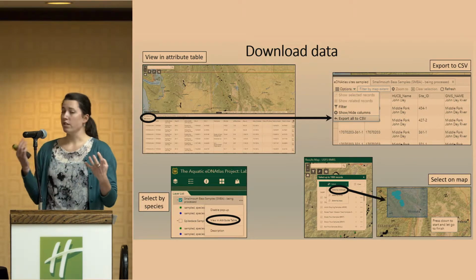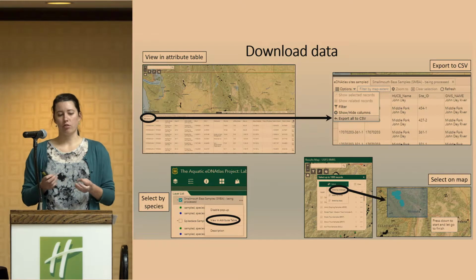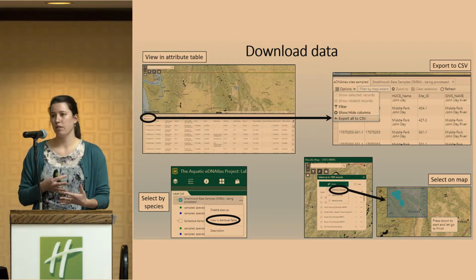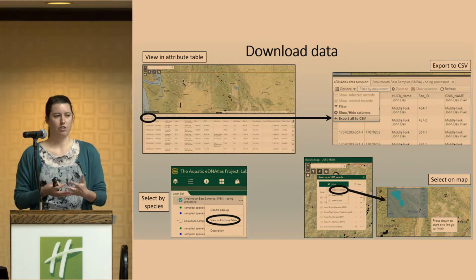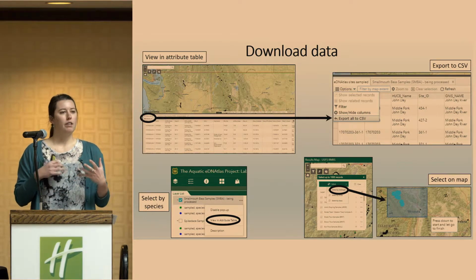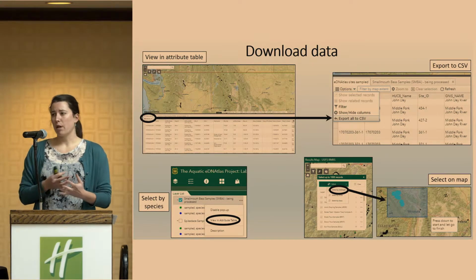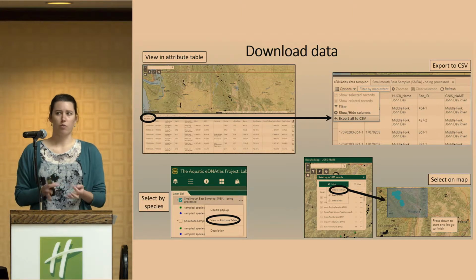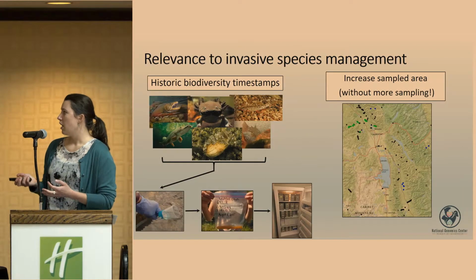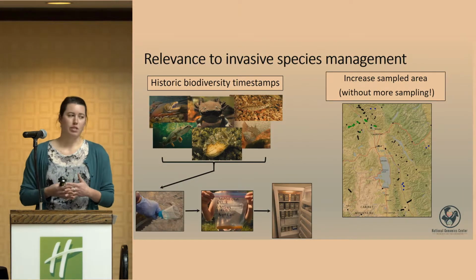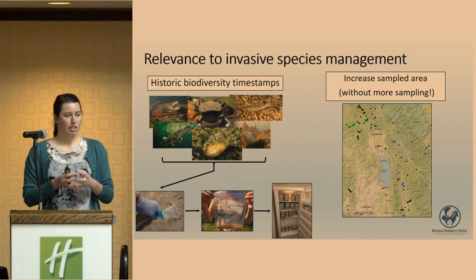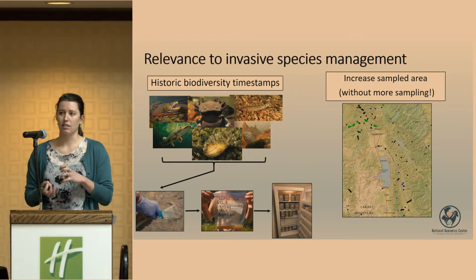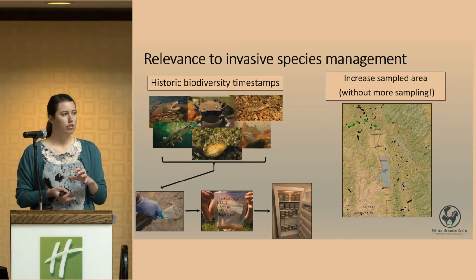So these tools within the atlas that I've just shown you, as well as the atlas in general, allow you to query the archives of samples that are at the National Genomics Center. And these samples represent a biodiversity archive for aquatic systems in the western United States over the last 4 to 5 years. And because each of these samples represents the biodiversity in the system at the time of collection, and because they can be stored for a really long time, you have access through the atlas to a huge number